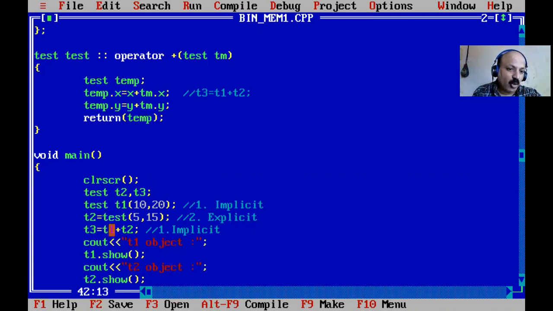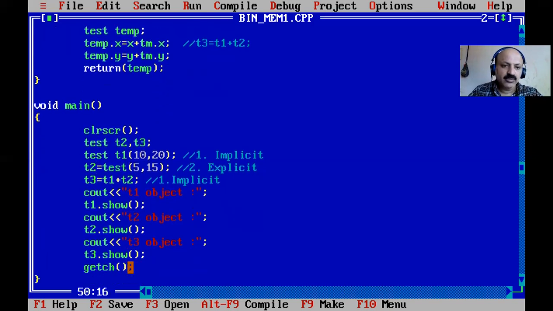That time the left-hand operand or variable, here T1, is calling this operator overloading function implicitly. So that X and normal XY are considered the T1 caller object. And then T2, the right side operand, or we can say the object, is passed as the argument. So TMX and TMY are considered the T2 XY. And then temp is local, and the return is taken by handler T3. So we can give our same class name as a handler, and the print is also the same. So here I think now you can understand.